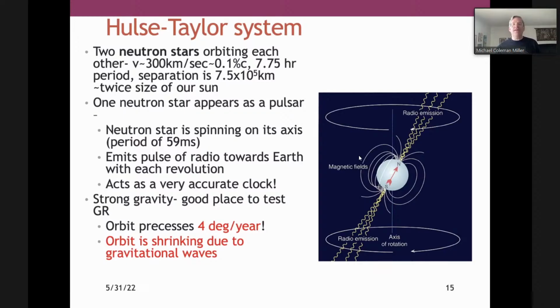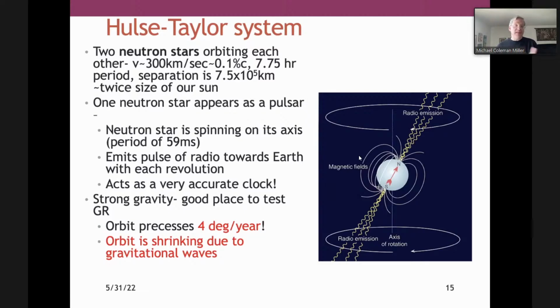And these are moving at about 0.1% of the speed of light. 300 kilometers per second is roughly 10 times as fast as the orbit of the Earth around the sun. The separation is about twice the size of our sun. And as I mentioned, one of these neutron stars appears as a pulsar. This is an extreme system. It's a system where you're able to see a lot of effects that are very weak in ordinary circumstances and much